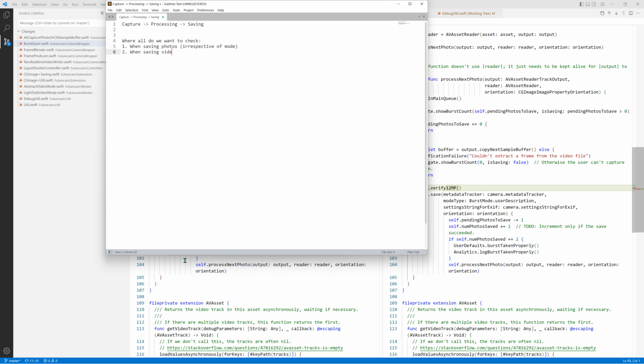When saving videos, for light trail mode should be 4032 by 3024. When saving videos for time lapse mode should be at least 3088 by